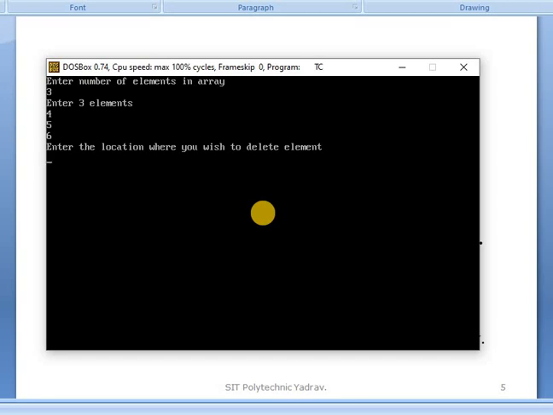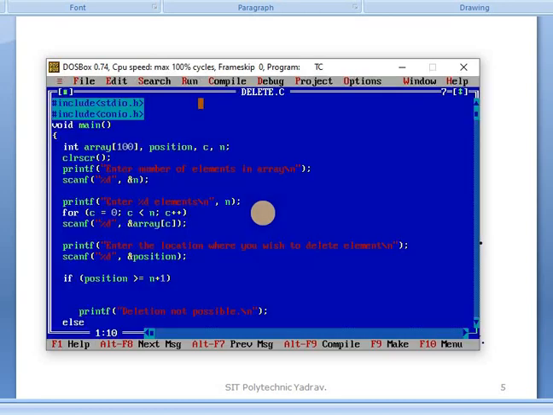Enter the location where you wish to delete the element, meaning at which location we delete the number. For example, I am giving 1. Then the element at that position is deleted from your array. Clear? This is the program.